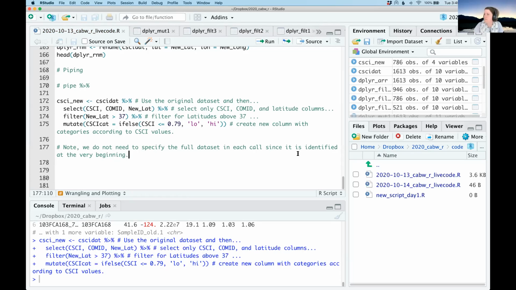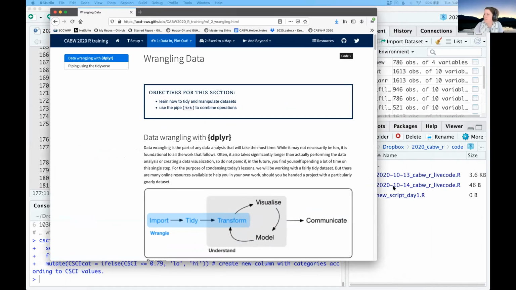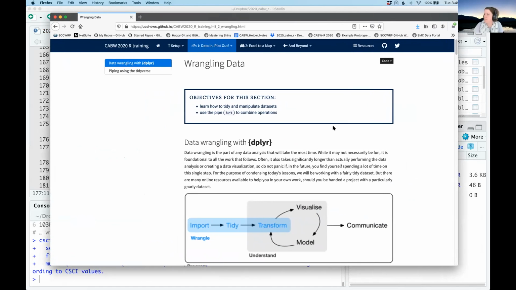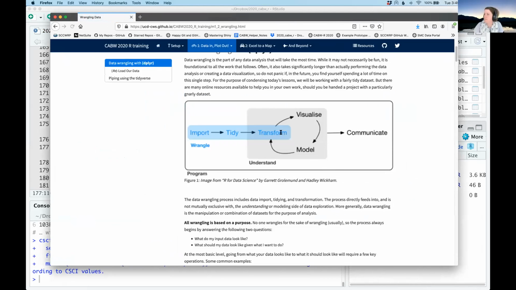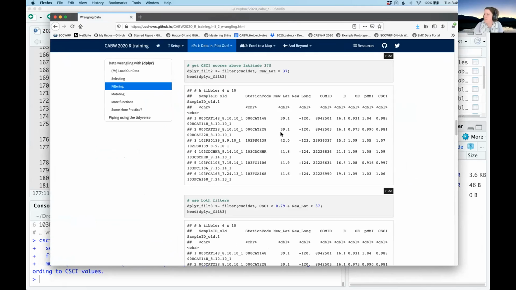All right, so I see some folks are still working on it. So I'm going to pause here for a moment, and if you all want to navigate to the website, there is a challenge for this particular section. So in data and plot out, wrangling data, and if you scroll down,